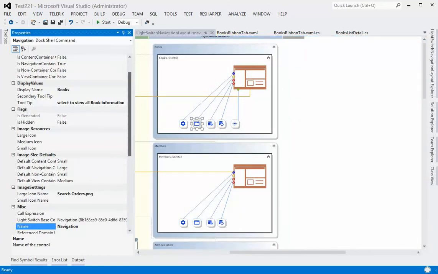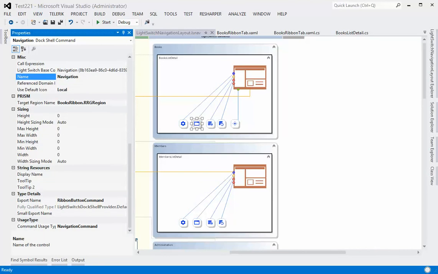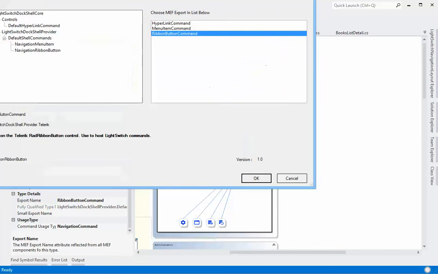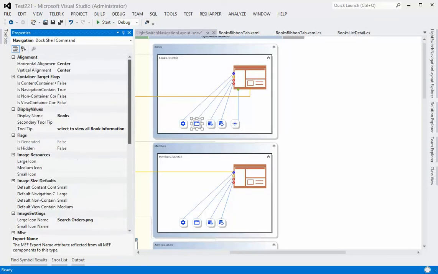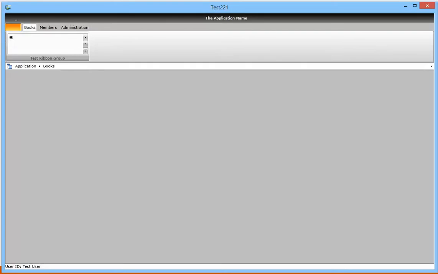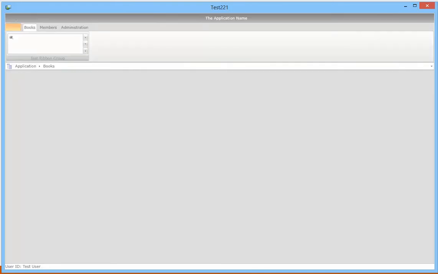Well, in the case of the rad ribbon button command, it defaults to a large icon. So what we can do is change this to a menu item, and I think that might be all we need to do. Let's give that a spin and see what kind of damage we've done. Well, what we've done is we've made it really small, and I think there's some templating that we need to do to pull that in